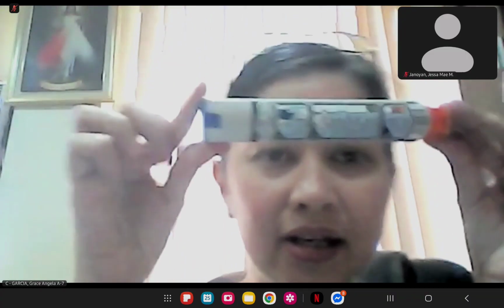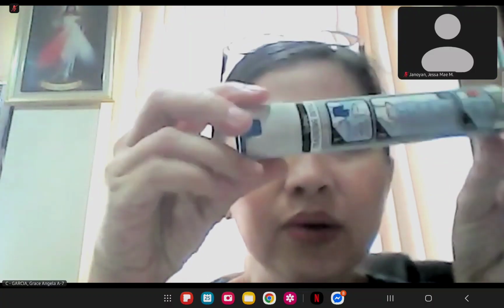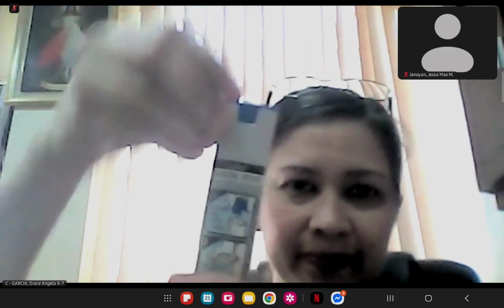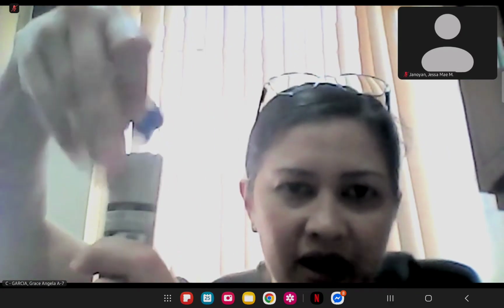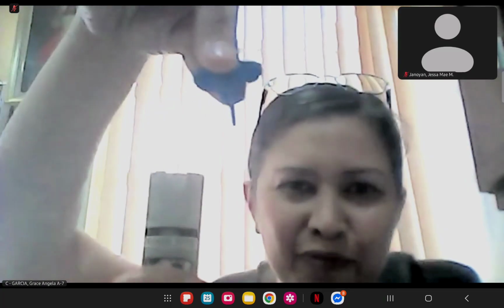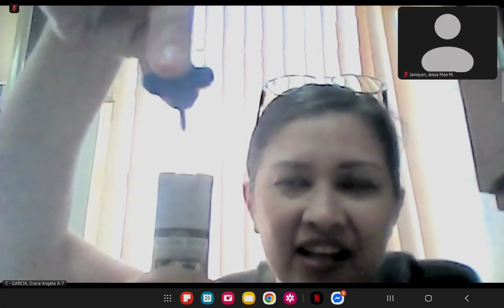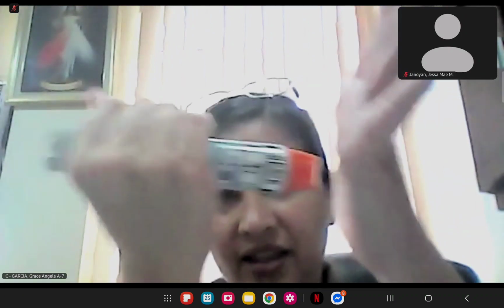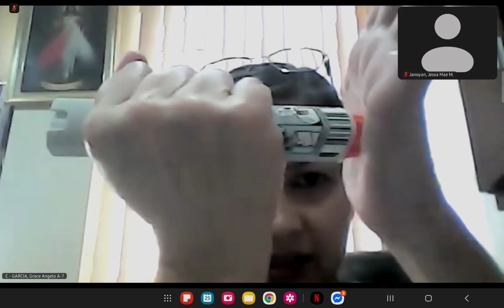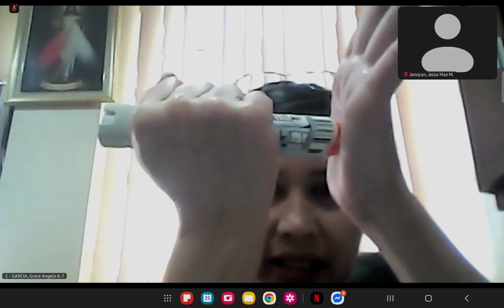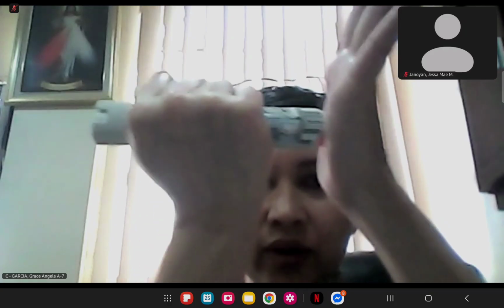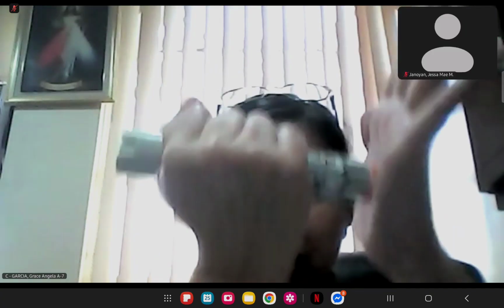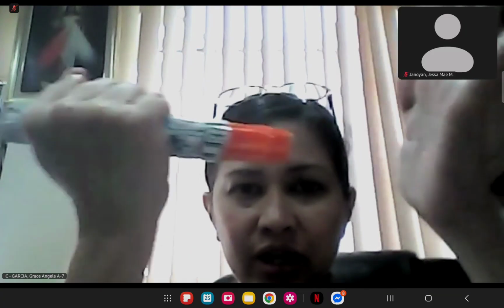So this is a trainer for the EpiPen. This one has a lock on the top. You just need to pull this one. This is the lock. Sorry, video. So this is the lock, and then you are ready to inject it on the thigh. For example, this is the thigh. When you hear a click, it will release the epinephrine into the thigh. Then you need to hold it there for at least 10 seconds before you release it.